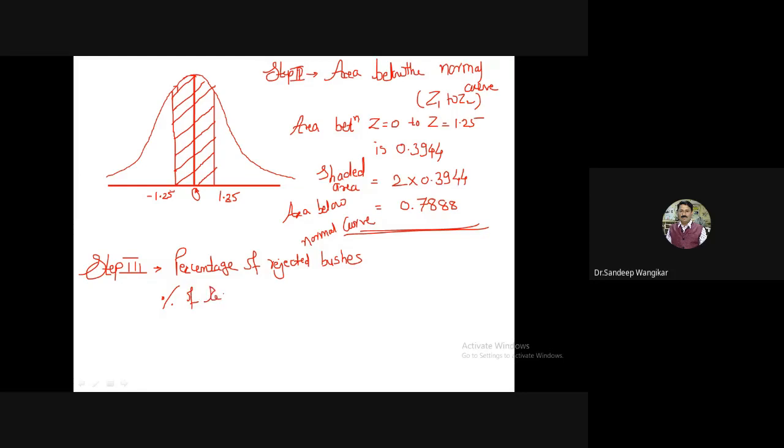The percentage of rejected bushes is equal to 1 minus 0.7888. What is not covered in the area will be rejected. So you will get the percentage is equal to 21.12. So this is the percent that will get rejected. Okay, so in this